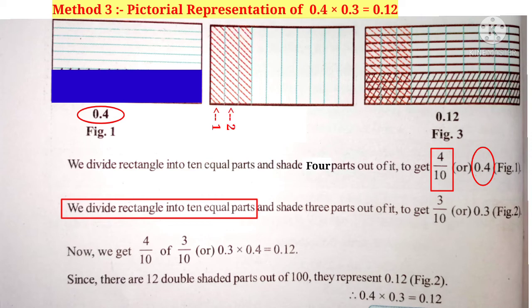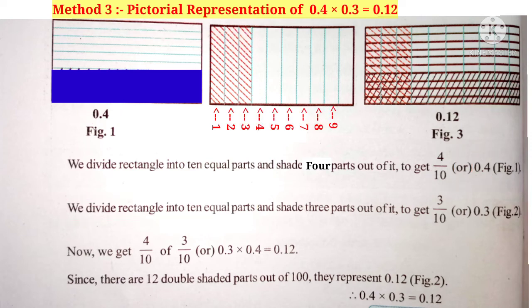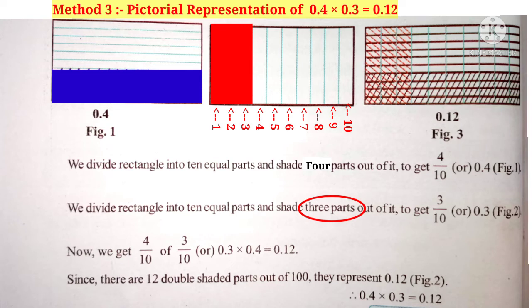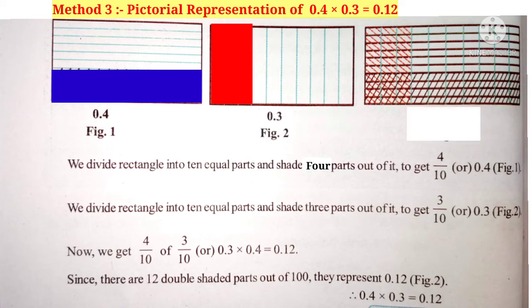We divide another rectangle into 10 equal parts vertically and take 3 parts of it and shade it in red color vertically, that is 3 out of 10 are shaded, that is 3 by 10, so 0.3 in figure 2. If figure 1 is placed on figure 2 or figure 2 is placed on figure 1, we get figure 3